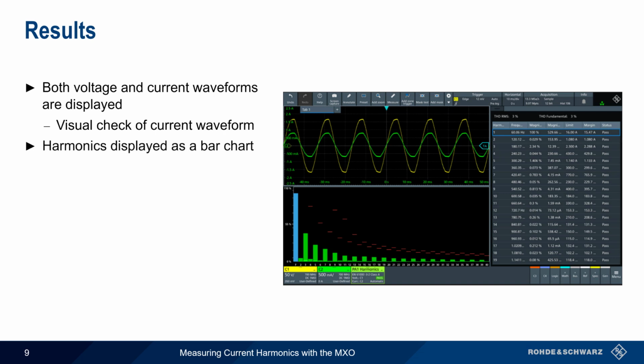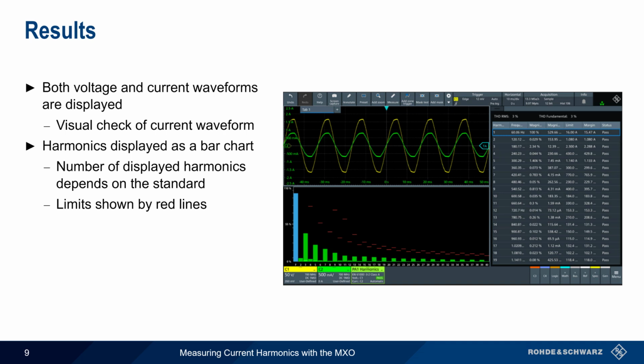Beneath this is displayed the harmonics in the form of a bar chart. The number of harmonics shown depends on the selected standard, and the standard-specific limits are indicated by red lines above each bar. On the right side of the screen are numerical results,